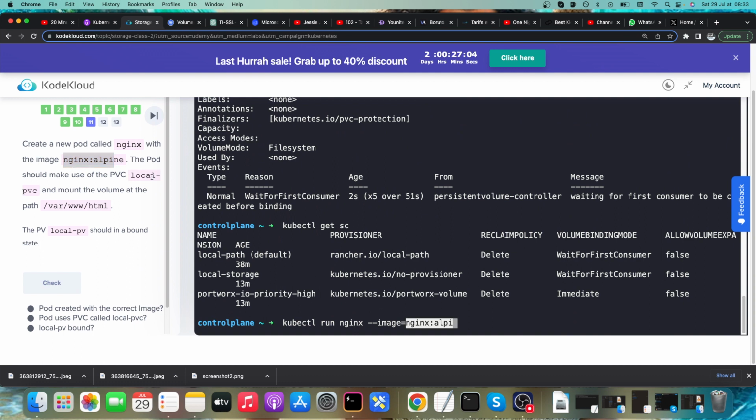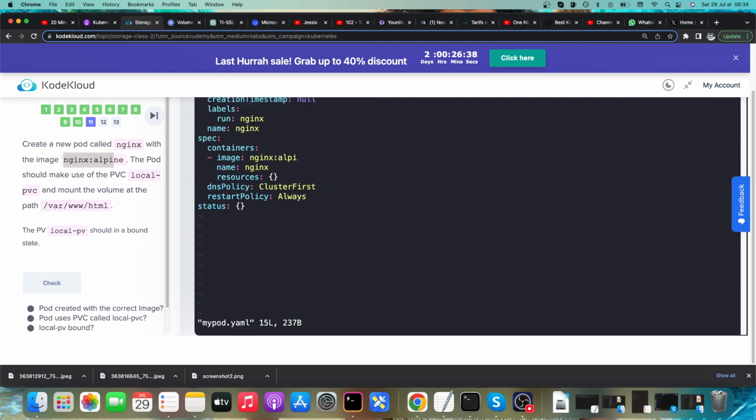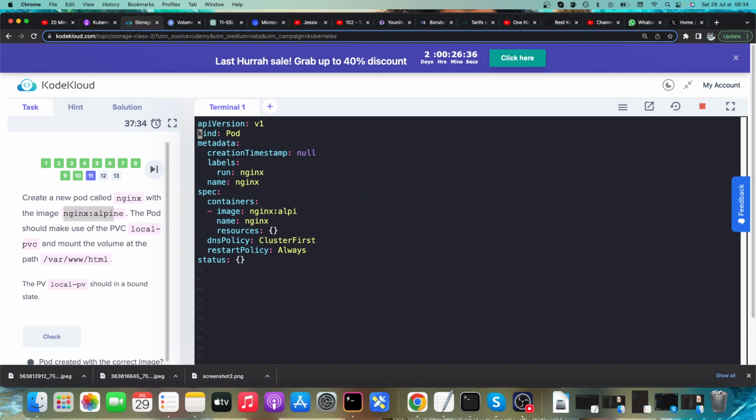The pod should make use of the PVC, so we need additional configuration on top of that. So I'm going to put that in a file, dry run equals client, which means don't actually run it, just make as if you're running. And let's put the output in a YAML format and redirect to a file. I'll call it my pod.yaml, and let's open that file and edit and make that pod